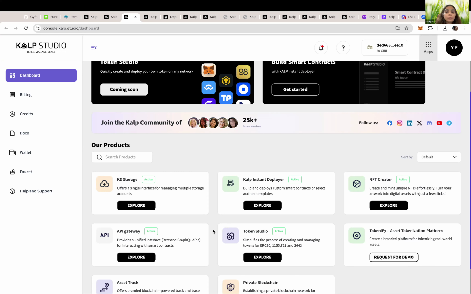Okay. So now we have Kalp Instant Deployer, which is a standout feature of Kalp Studio. It allows you to deploy smart contracts with just a few clicks. In this webinar, we'll be deploying one smart contract through Kalp Instant Deployer. And I'll be showing you how you can get your API endpoints to use through API Gateway. Okay, now we have NFT Creator to create and mint unique NFTs. You can explore